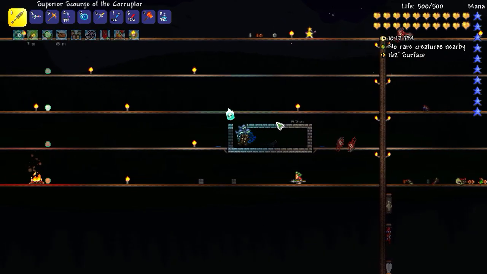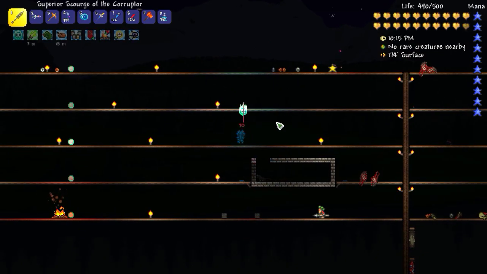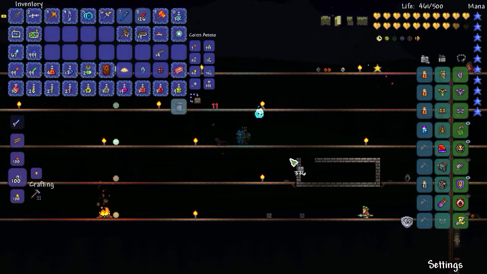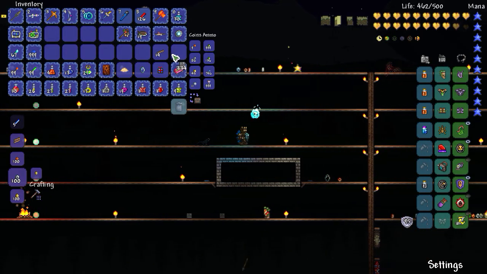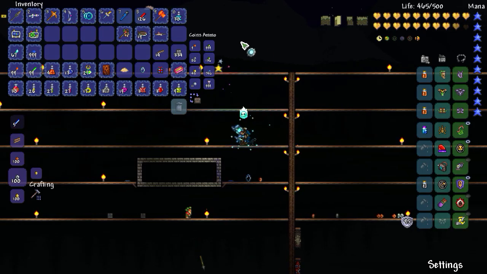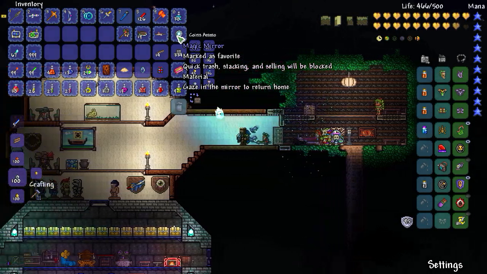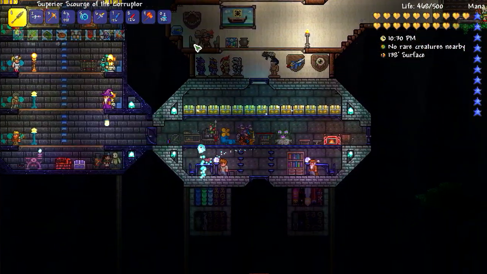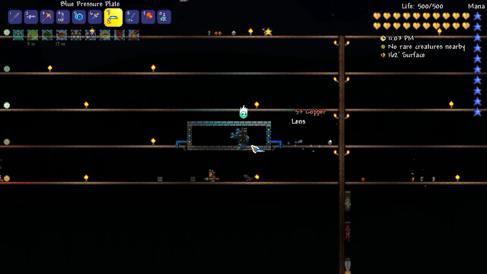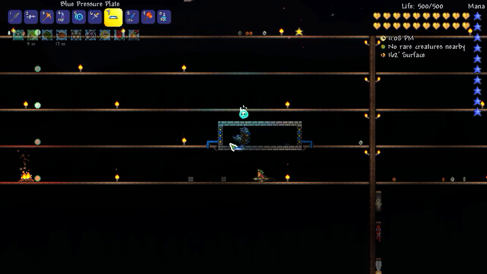That lasts for a while though. I wonder if I put the pressure plates on the other side, will it then shut off when I go back in? Let's go try that. Okay, I'm back. I have 2 more pressure plates. I can run right in. Perfect. And if I put one there and one here,